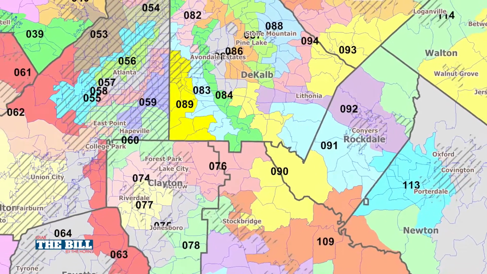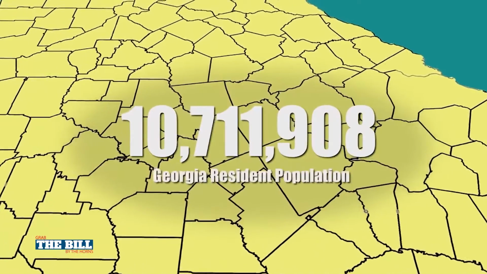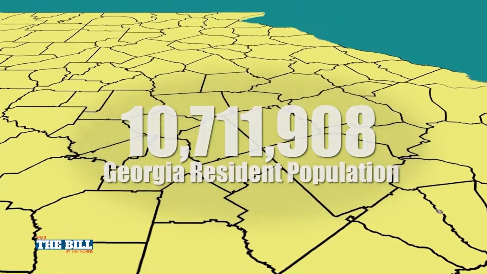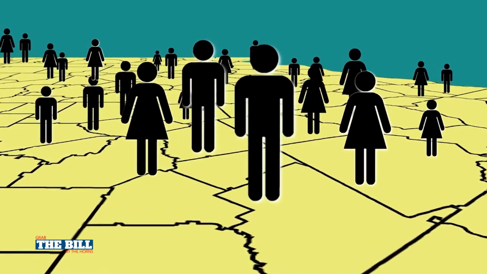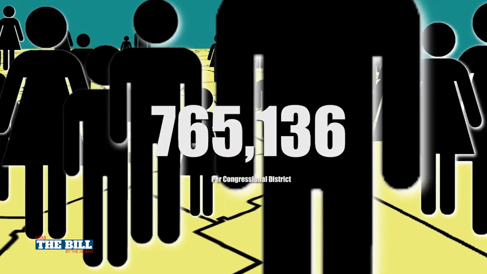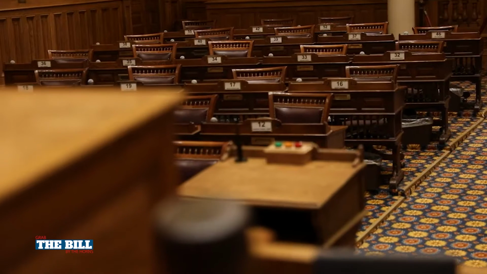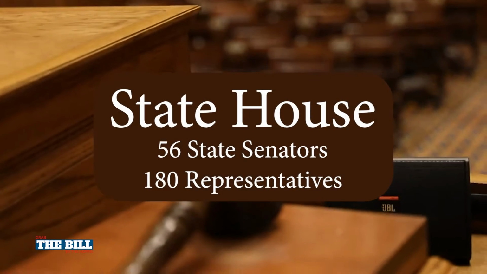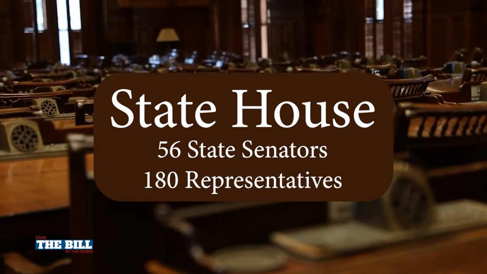local government jurisdictions whole. In Georgia, according to the 2020 census, the population total is 10,711,908 people. Because of this population increase, each of our 14 congressional districts will need to adjust to have 765,136 people in them. At the state level, we have 56 state senators and 180 representatives in the state house